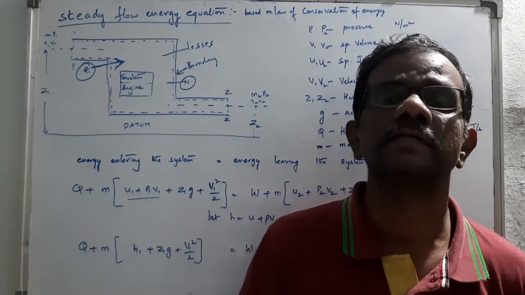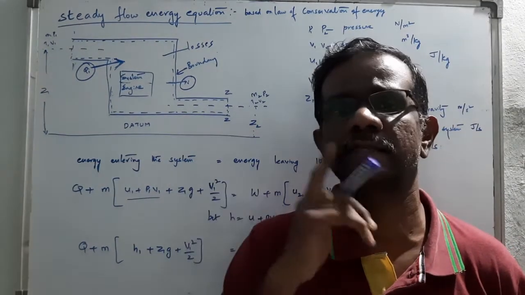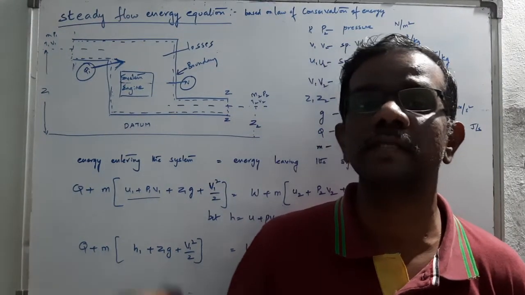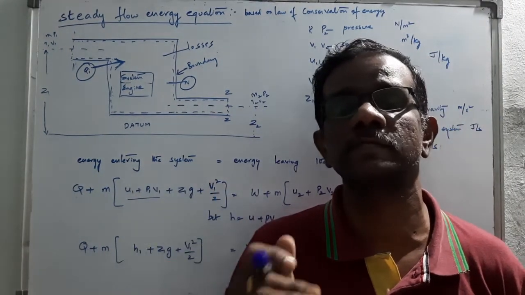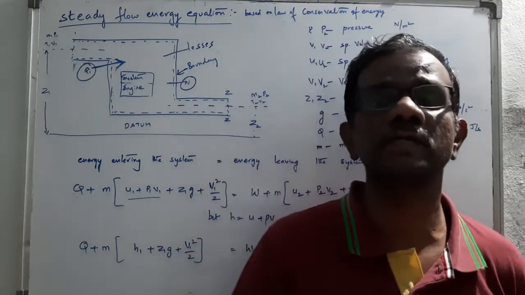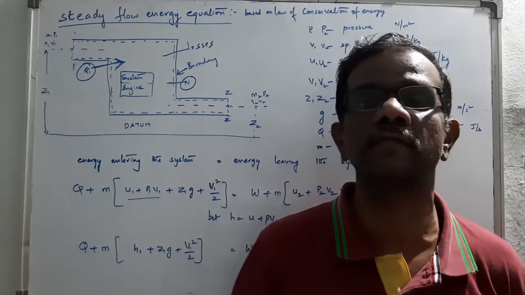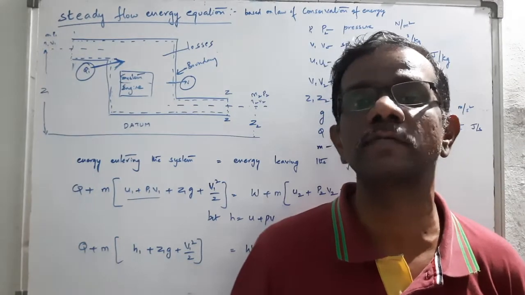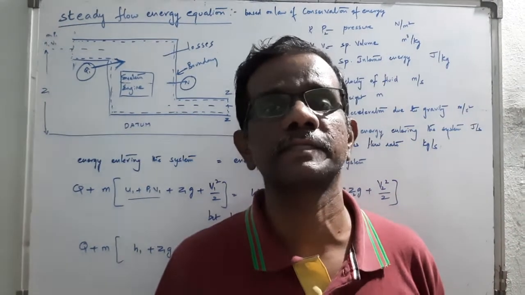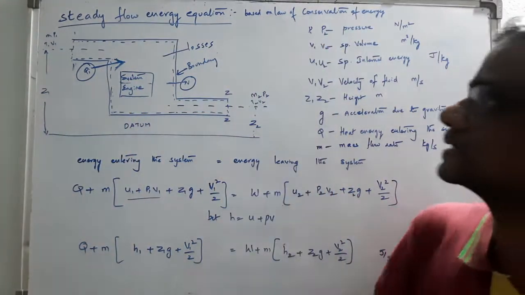Yesterday we saw the various classifications for flow process and non-flow process. Especially for flow process, which comes under open system, it is divided into two types: steady flow process and unsteady flow process. In this class we are going to derive one equation, the steady flow energy equation, based on the law of conservation of energy,